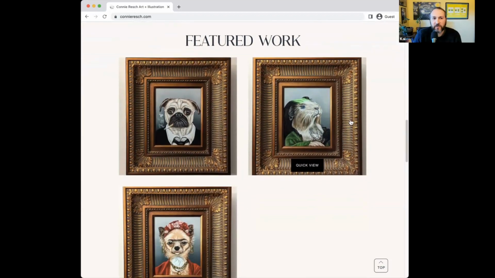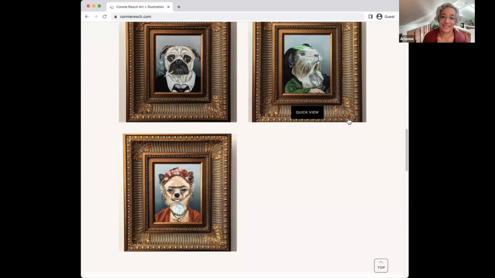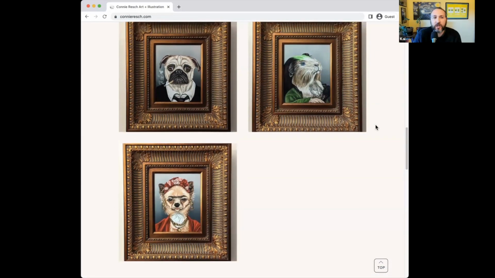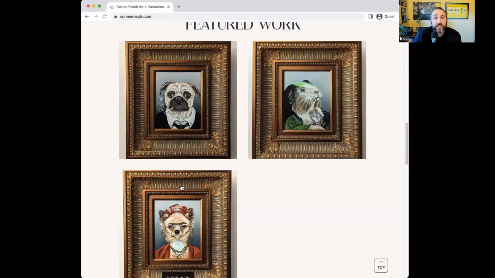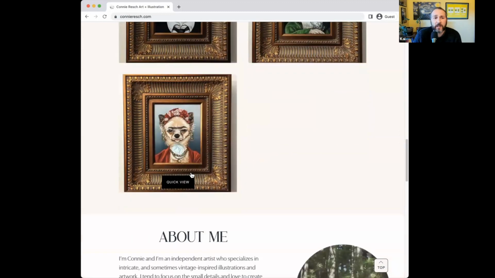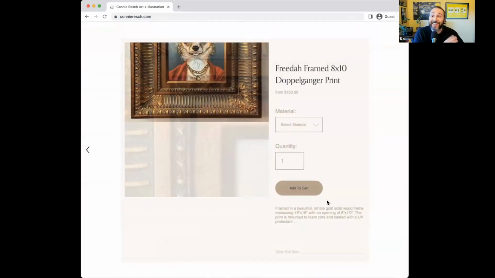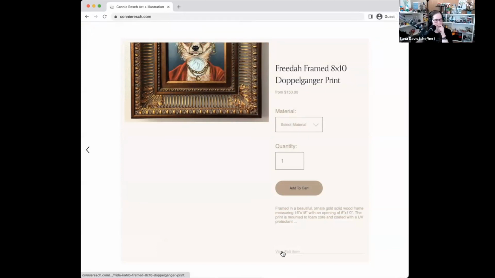I love the featured work section here, but I'm going to call out a couple things that I think are sort of incorrect there. We don't have any product titles showing, so it just looks like, oh, here are some images. We could click to open up quick view, but I wasn't able to find a way to get to the actual product. I don't like quick view, and so I'm always like, hey, yank quick view out.